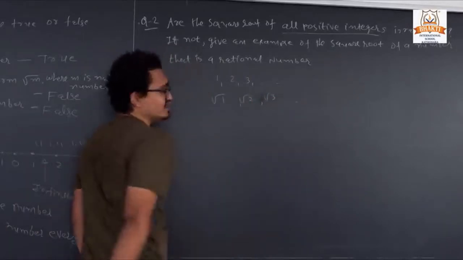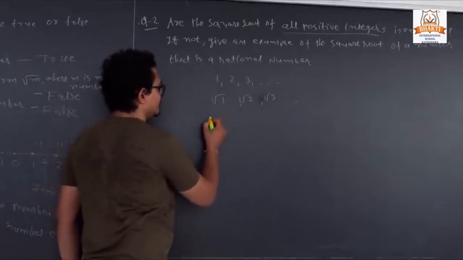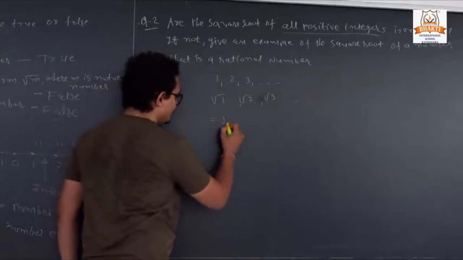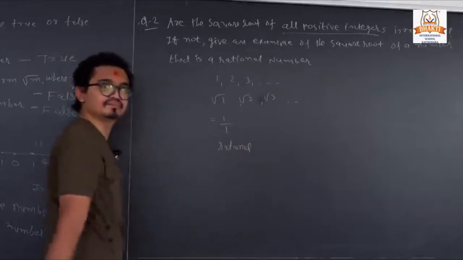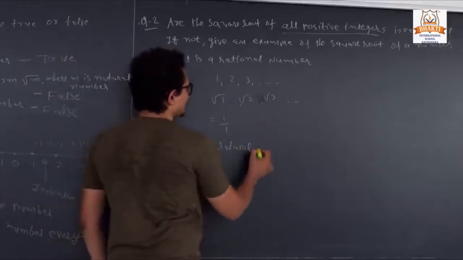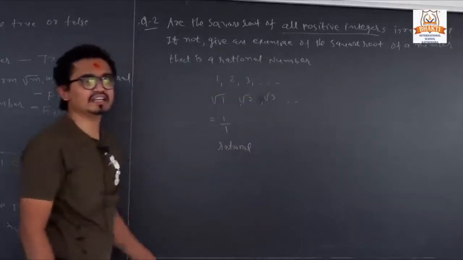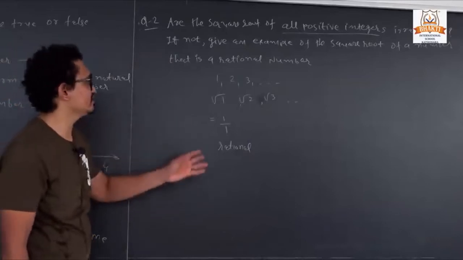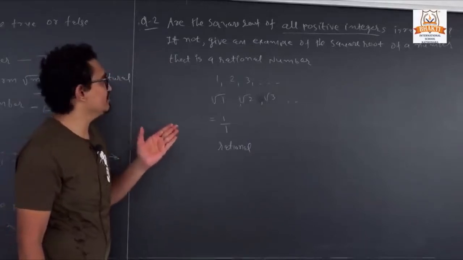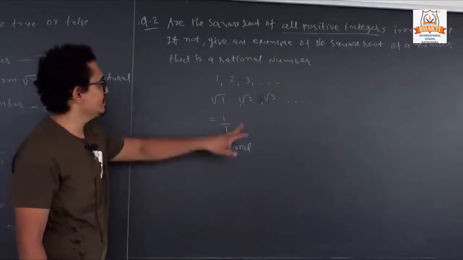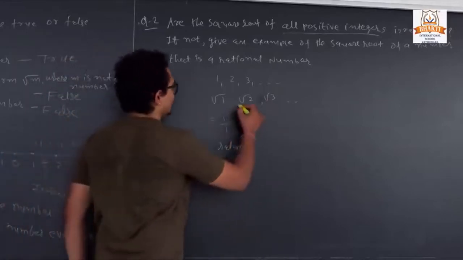So are these irrational? No. Why? Because if we take the square root of 1, the answer will be 1, so it is a rational number. And if we take root 2, we cannot convert root 2 into a rational number, because if we take the value of root 2 on our calculator, it shows a number which we cannot convert into rational form. So we can declare that root 2 and root 3, both are irrational numbers.